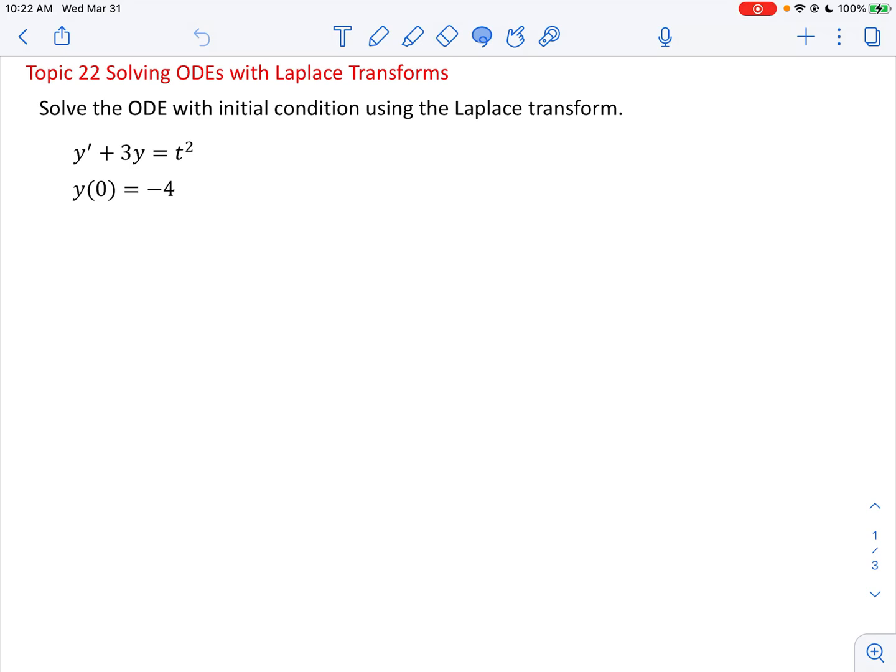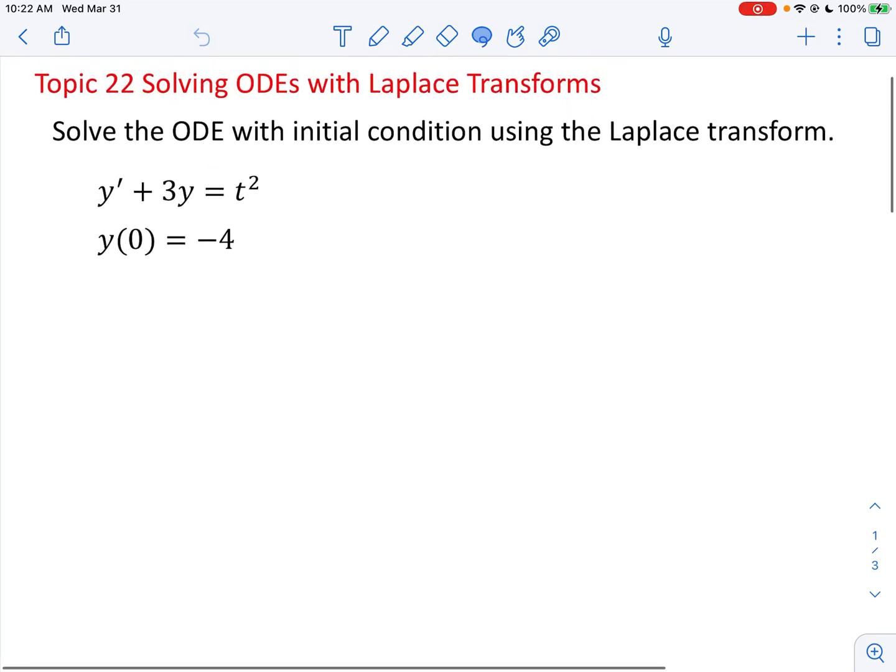First task, solve the ODE with initial condition using the Laplace transform. y prime plus 3y is equal to t squared, and y of 0 is equal to negative 4. We'll begin by doing a Laplace transform of each side. The symbol for doing that is just putting this curly L in front of each side, and then I can use the property of Laplace transforms regarding a sum by doing a Laplace transform of the 2 pieces separately, and then I can factor the 3 in front of the Laplace transform of